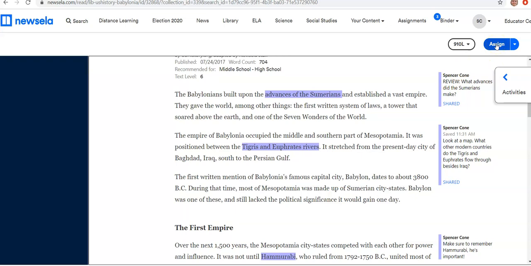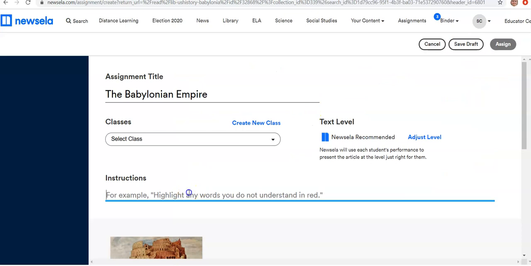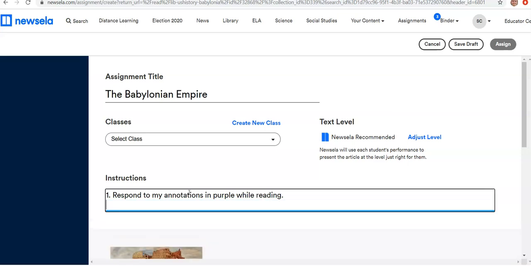When they are reading, they have the ability to highlight the text in one of those 4 colors and write their annotations. So when I assign this to my students, in my directions, I'll be clear about that. So first one, I'll say, respond to my annotations in purple while reading. And now I can give them some directions to annotate on their own. I could say highlight